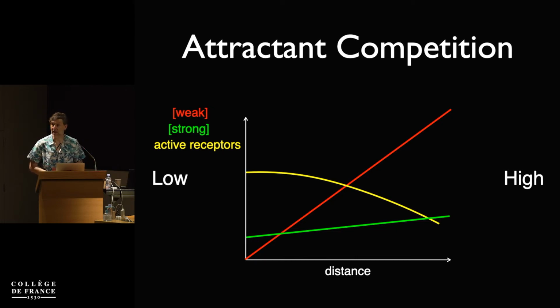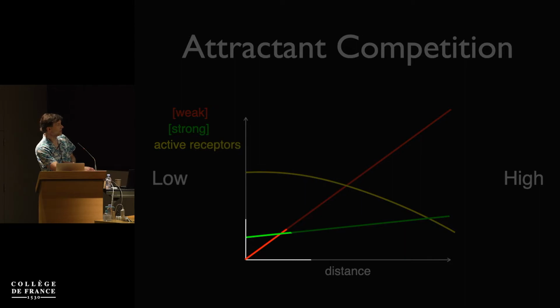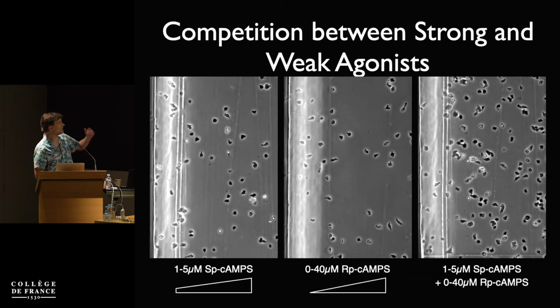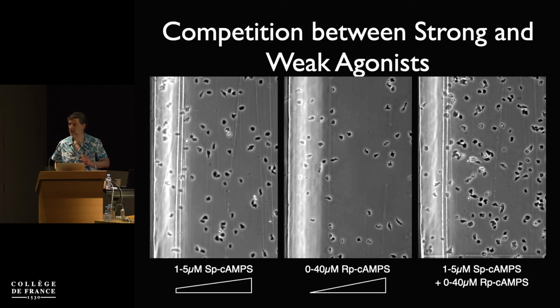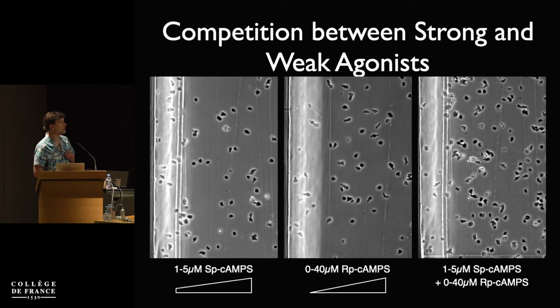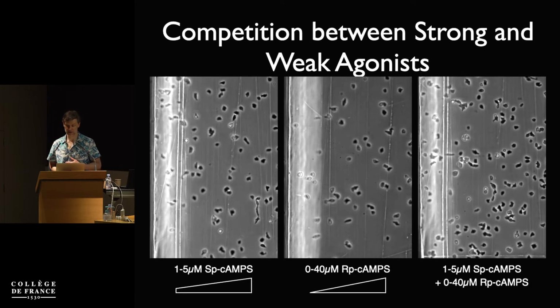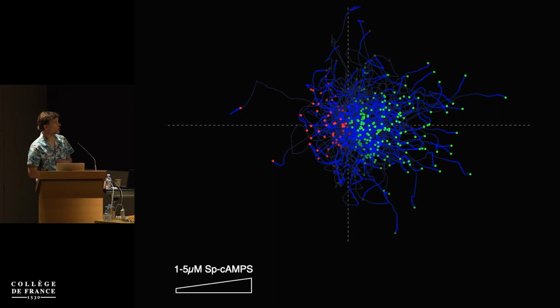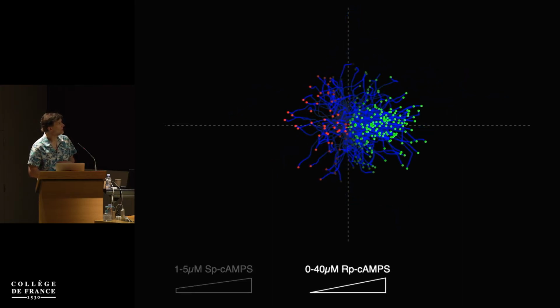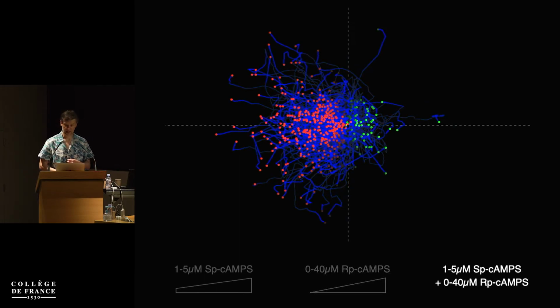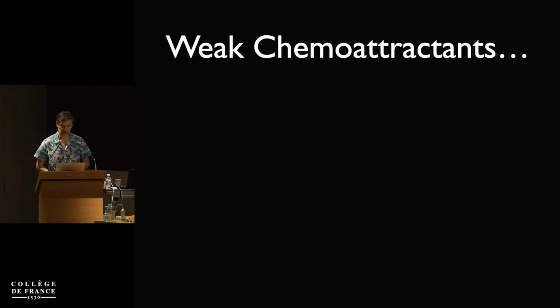But if you mix the two of them together, then your receptors are about half stimulated on this side, and they're about 5% or a little bit more stimulated on this side, so the gradient runs backwards. So that attractant is positive, and that attractant is also positive, but the two of them mixed together give you a reverse signal. And here's just some nice cell quantitation to show it's true. That's the one attractant, that's the other attractant, and that's what you see if you mix them. It's plainly true.